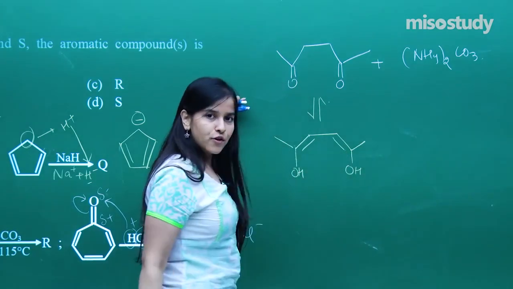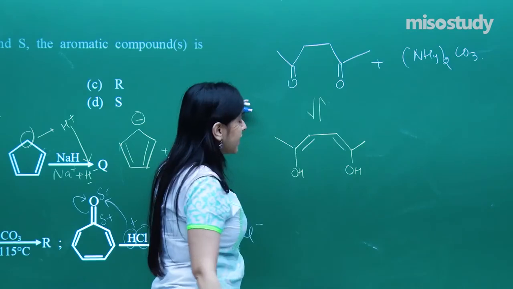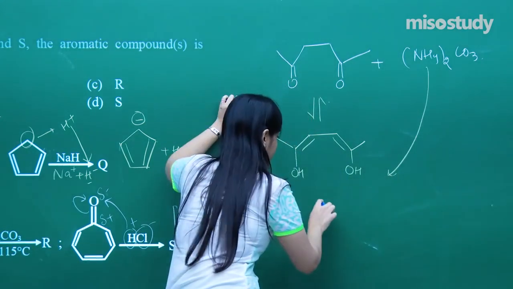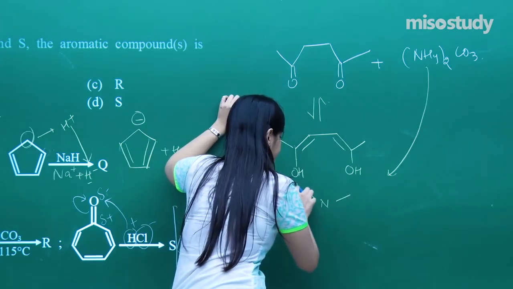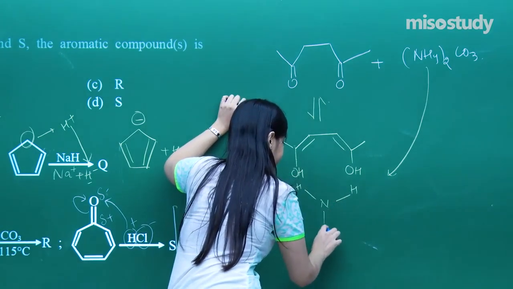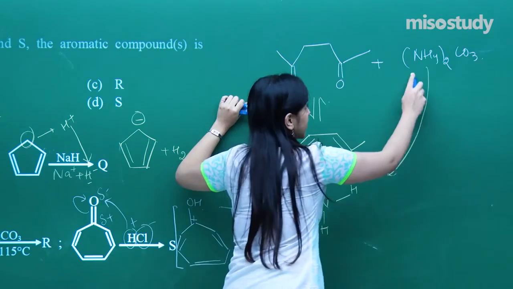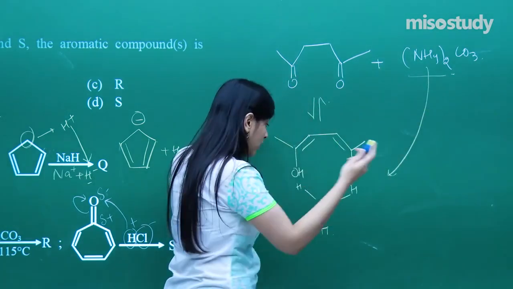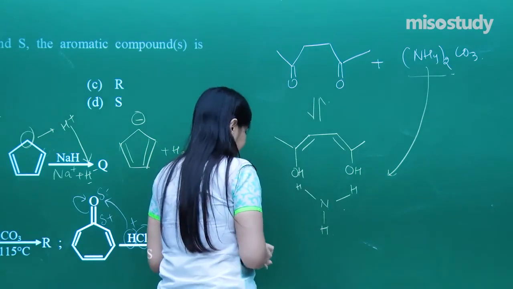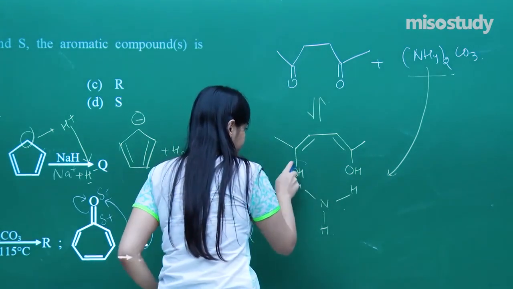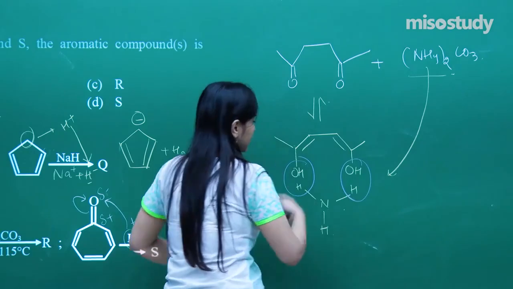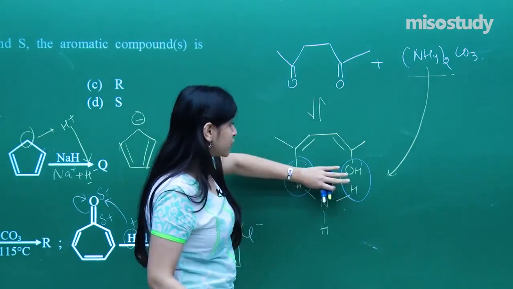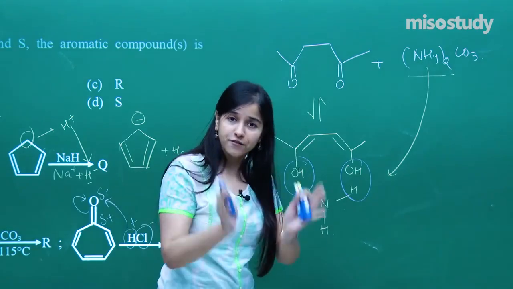So that is the enol form. Now this enol form is reacting with the nitrogen, or I can say the ammonia. There is the ammonia which can be coming out from this very salt. So the interaction would be something like this: loss of water molecules, attachment of the entire nitrogen group to this in order to form a perfect ring.